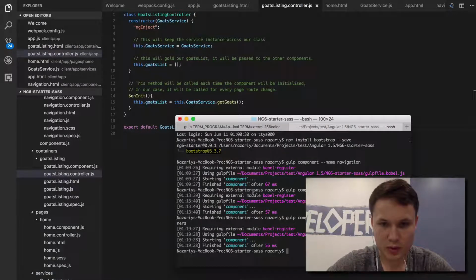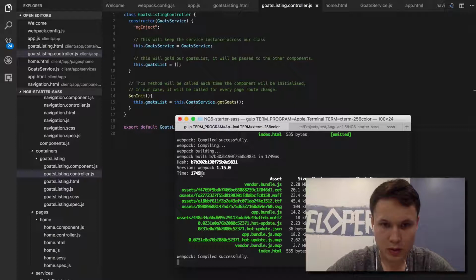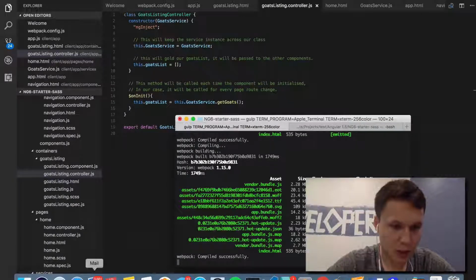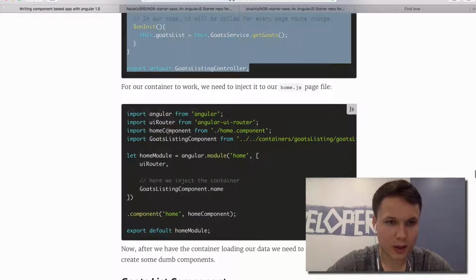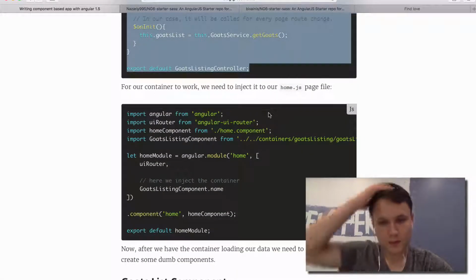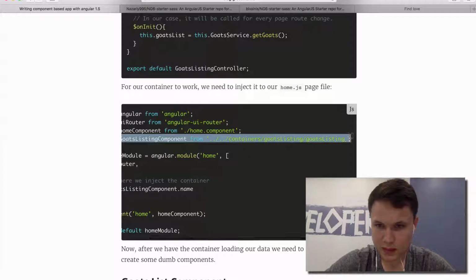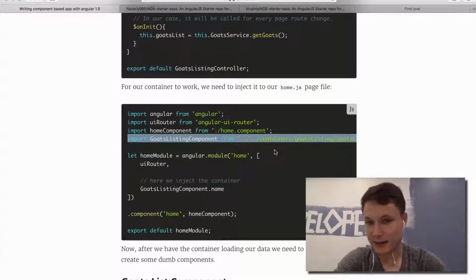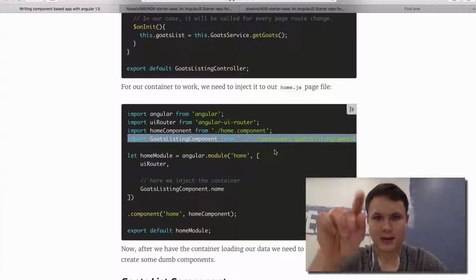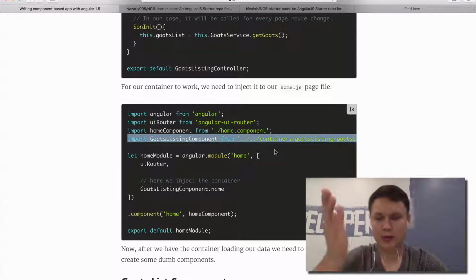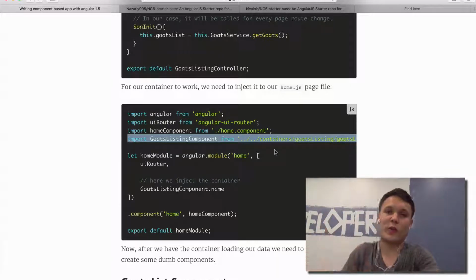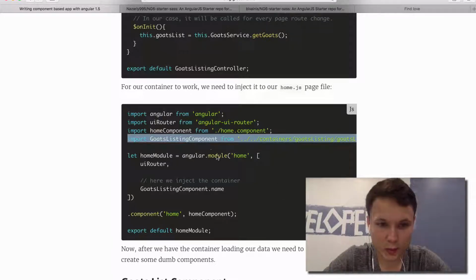Let's make sure nothing's broken again. Okay, nothing is broken. I'm happy. And we also need to, for a container to work, inject it into our home.js file. Can I just copy this? No, I'm not a big fan of the dot slash. You see that right there, the dot slash. This tells the computer to go back one directory, so one parent directory. So we're going, since we are in the